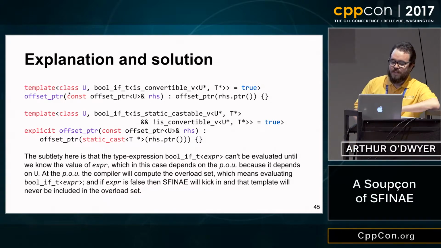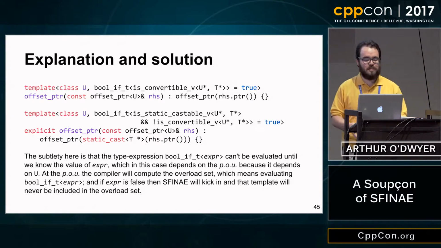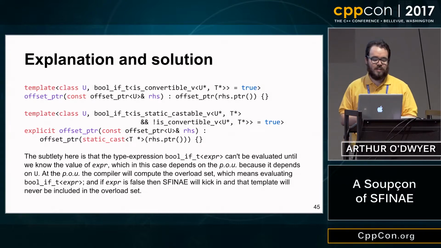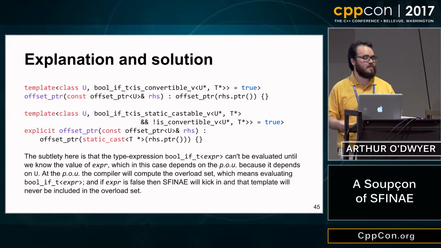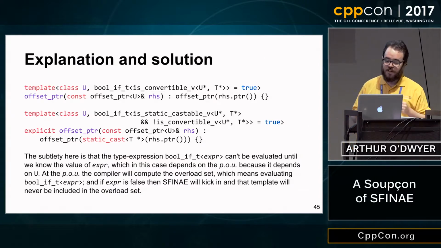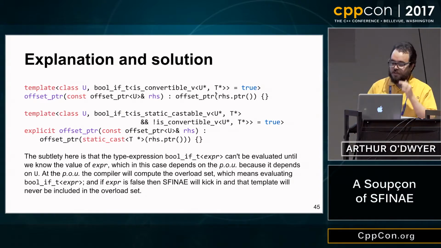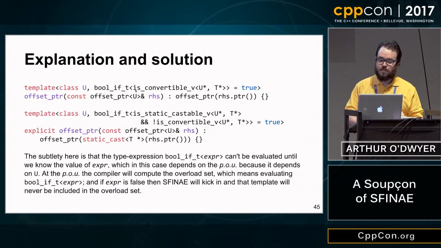So here, this first one has the class U as usual, and then it has a parameter of this type. Now this type depends on U, so it's not going to be known until point of use, so it can't be evaluated eagerly. We don't have to worry about that. But at the point of use, the compiler is going to be trying to make up the overload set, figure out which constructors are relevant to this use. And it's going to say, okay, I know U* and T* at this point, so if they're convertible, let's say that they are not convertible at all. In that case, is_convertible_v<U*, T*> will be false, and bool_if_t of false